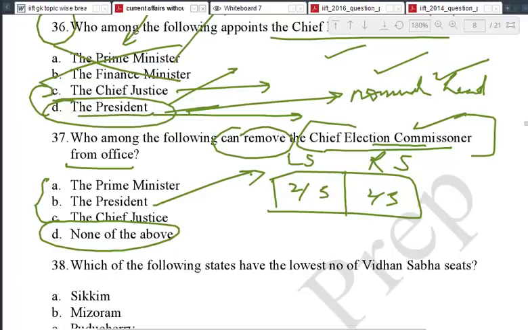The PM, who can remove the PM? Well, no confidence motion, isn't it? The PM can be removed by what method? The no confidence motion. So if the BJP people feel that Modi ji is not good, then they can initiate a no confidence motion and their own party members will not vote for Modi ji. And he would be out. See, though I am a BJP guy, I can vote not in favor of Modi ji. And then he would be out. So I think to remove the Prime Minister, you have the no confidence motion. I'm not very sure about it, people.